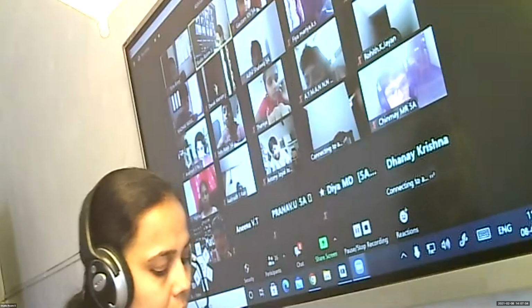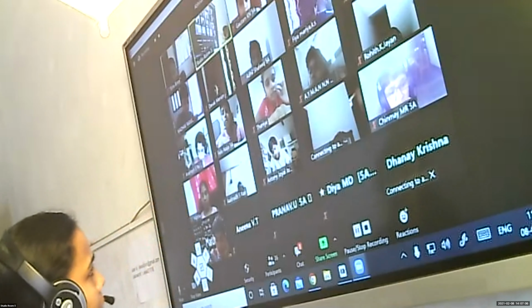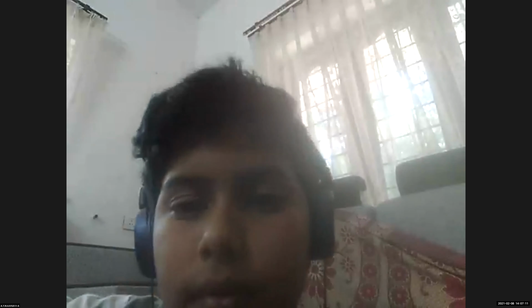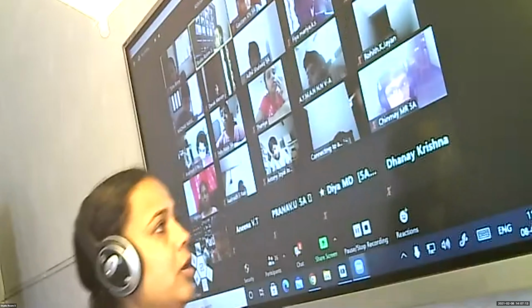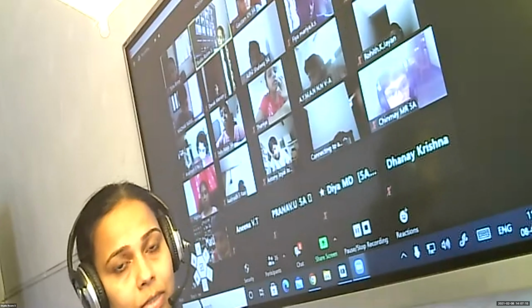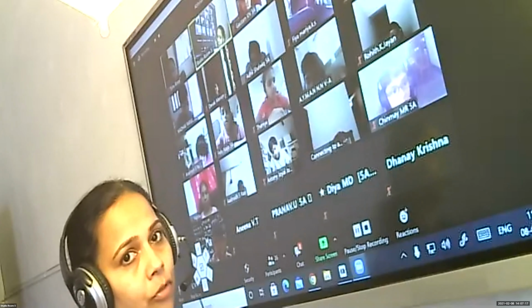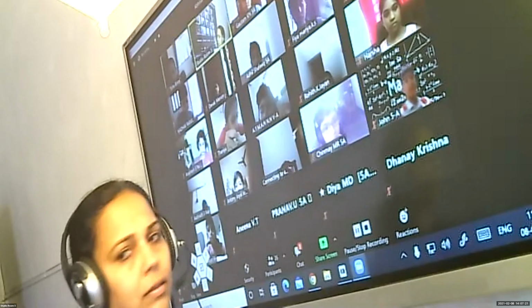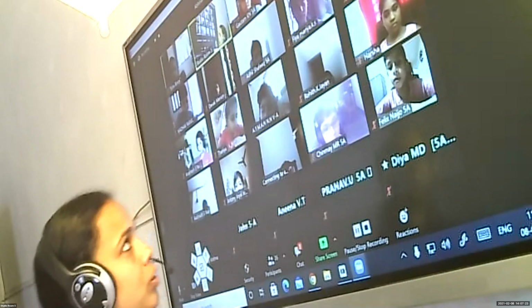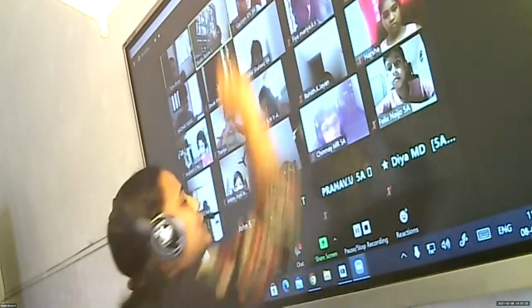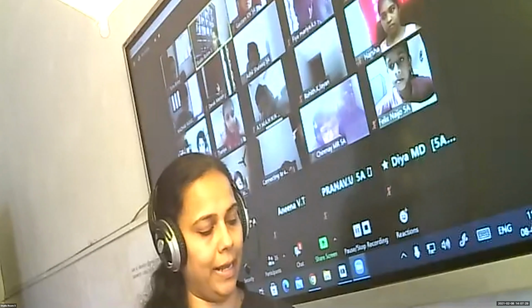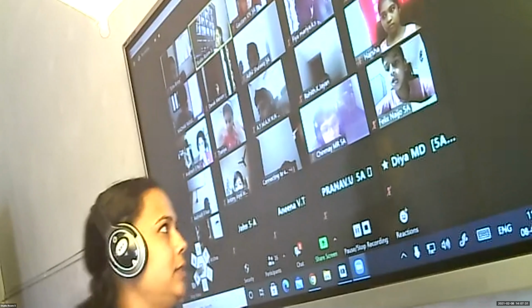Today we are going to start the new topic, measurements. We know how to measure the length. Usually, in the smaller classes, we were using measurements, using a scale, to measure the length of a scale or pencil or pen, like your table, your book. We learned length, breadth, height, and all.